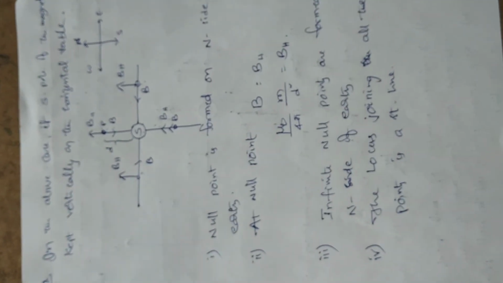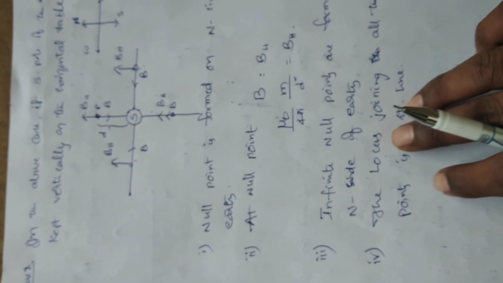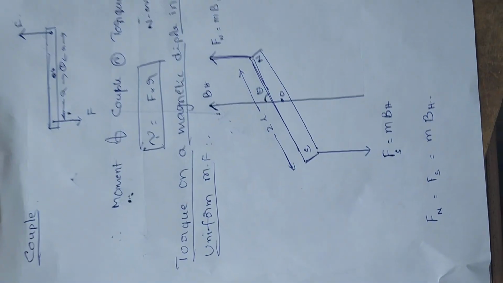Okay, my dear students, the total null point concept is over. A null point is nothing but the superposition of two magnetic fields. Right? Okay. Now, in the next concept,